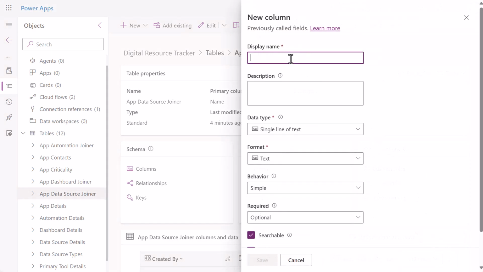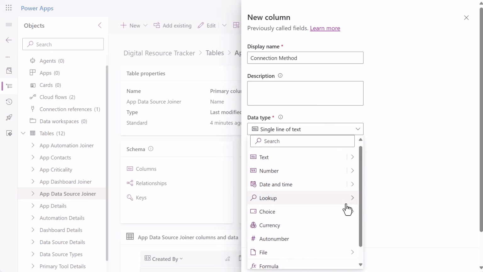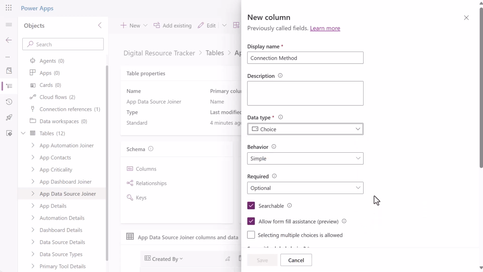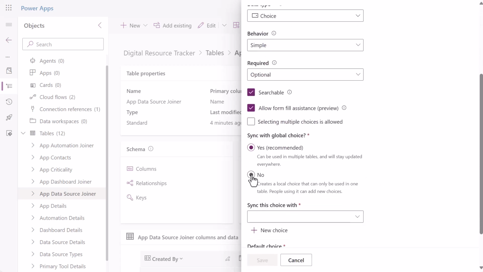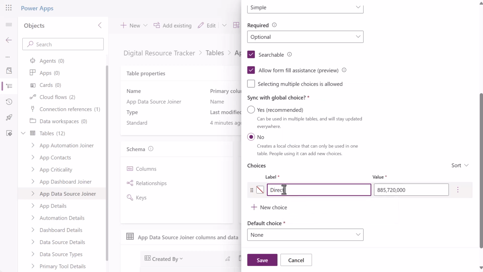And one more for this one is how are we connecting to this? So maybe we want to have a connection method and some choices that we could put into there. I think that's probably the best option here, a choice column. Let's go ahead and go with a direct connection,